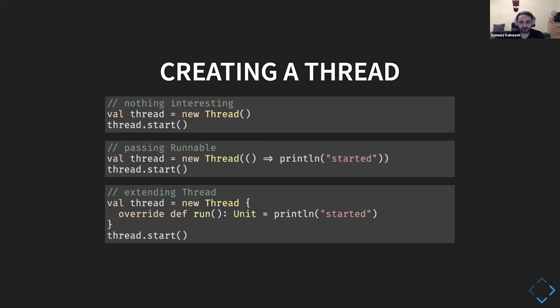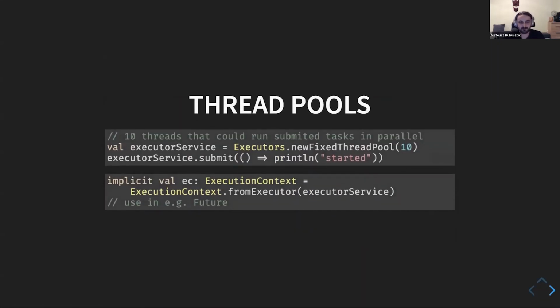But because creating a thread might be an expensive operation, we would like to make sure that we won't do that very often. So if we have multi-threaded operations, usually we'll use something like a thread pool. Which basically means that we have several threads which are living and waiting for some job to do. And then we are posting some task on the queue, and as soon as one of the threads becomes available, it will become idle. We'll be able to take the task from the thread pool and start executing it.